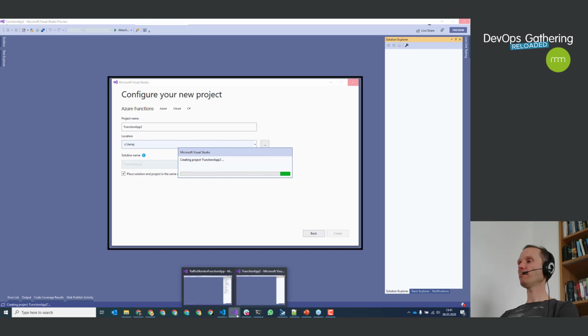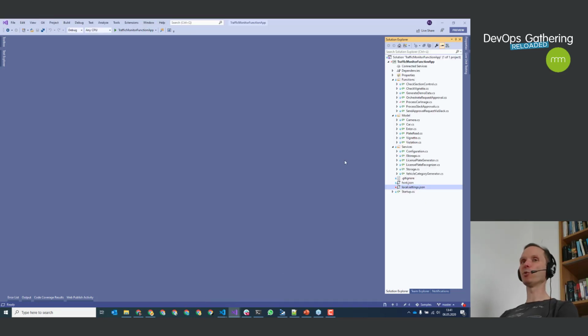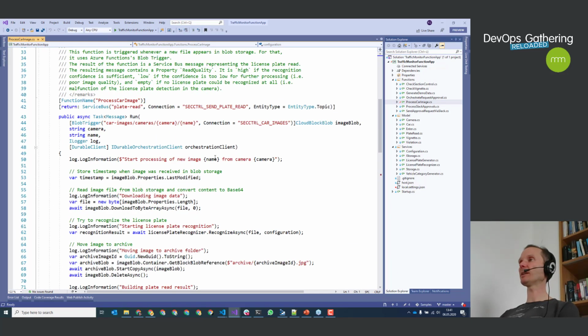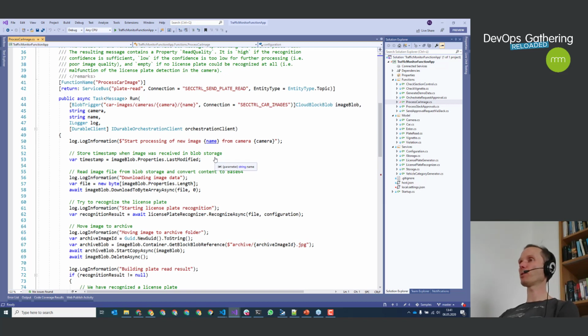Okay, I don't want to wait so long, so I switch to my larger example to show you first glimpses into a more complex bundling of a function app, and we will go back to our function app that we built from scratch in a bunch of moments. So let's take a look at this example. This example, let me zoom in a little bit, you can find it in my GitHub repository. If you want to have a pointer, take a look at my reinerstropek.me URL, or send me an email or a tweet or whatever. I can show you the link in my GitHub repo where you can find this code.